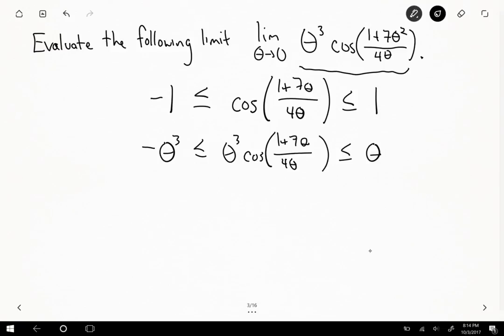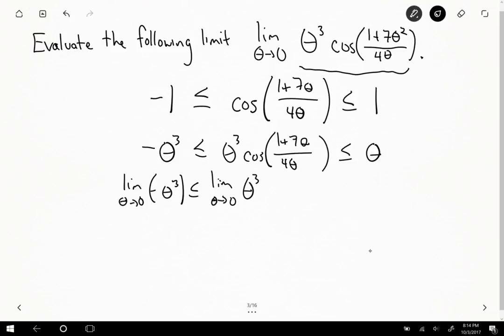But either way, what we can do now is take this limit as theta approaches 0 and see what happens. So you get the limit as theta approaches 0 of negative theta cubed is less than or equal to the limit as theta approaches 0 of theta cubed cosine of 1 plus 7 theta over 4 theta, and is less than or equal to, oh, I'm sorry, I forgot the theta cubed there. And the limit as theta approaches 0